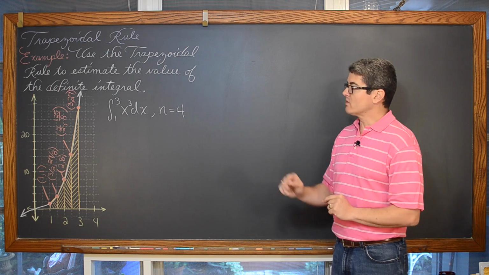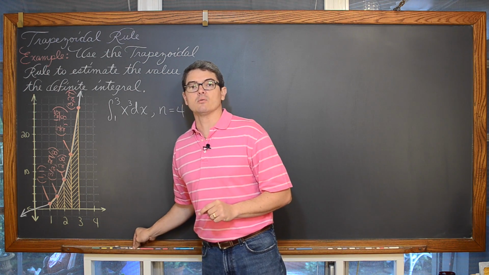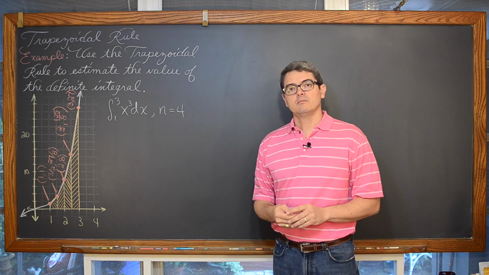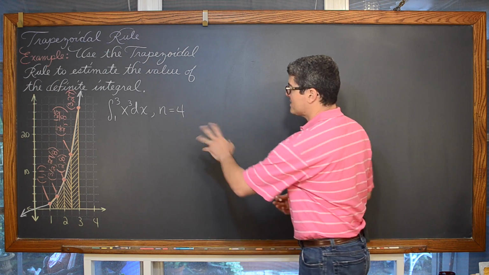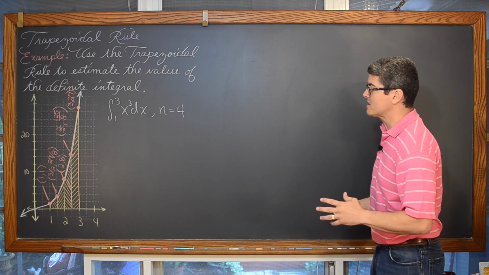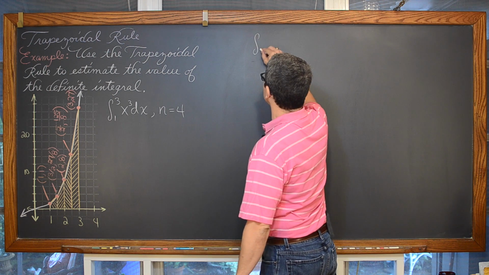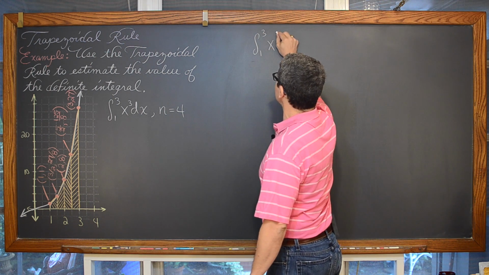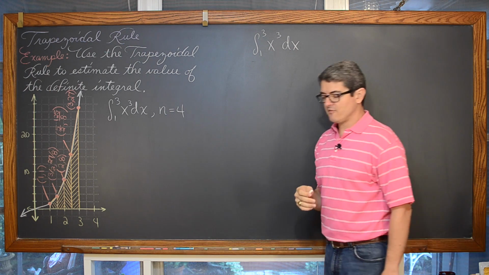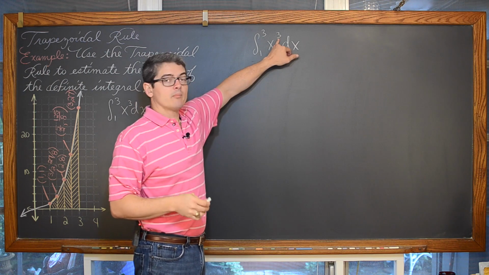Really, before I get started, the real power of the trapezoidal rule and Simpson's rule for estimating definite integrals is so that you can work out problems that maybe you couldn't otherwise work out. Let's take a second and actually forget the fact that we're going to estimate this definite integral with 4 trapezoids and just calculate this definite integral. We have the definite integral from 1 to 3 of x cubed dx. Well, this is a very basic elementary function, and to integrate this using the power rule, we're just going to raise that power by 1 and then divide.